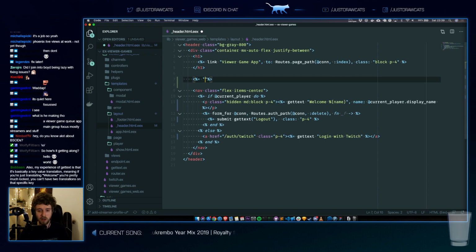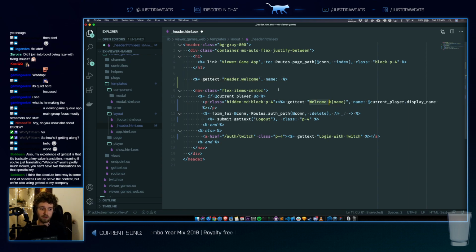So instead of doing welcome, they might do header dot welcome message, something like this. So get text, something like this, while still passing the name. And so in the translation implementation, they then fill in welcome.